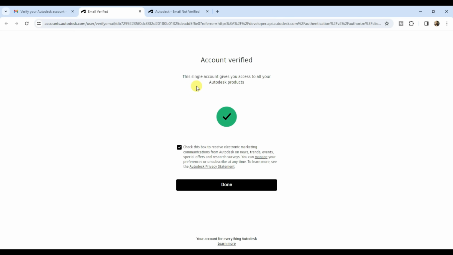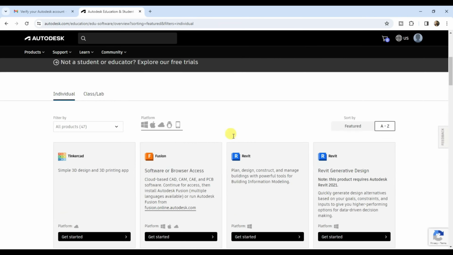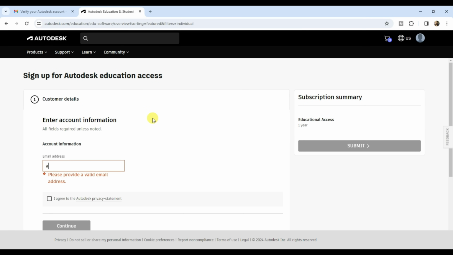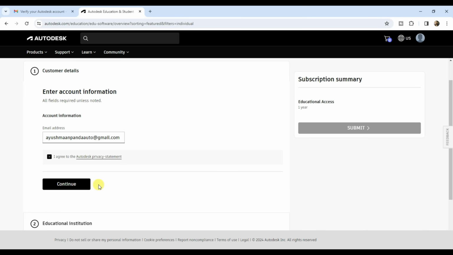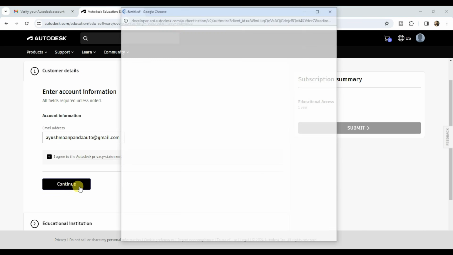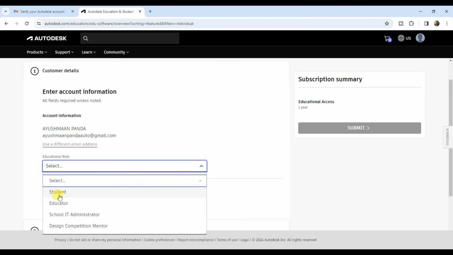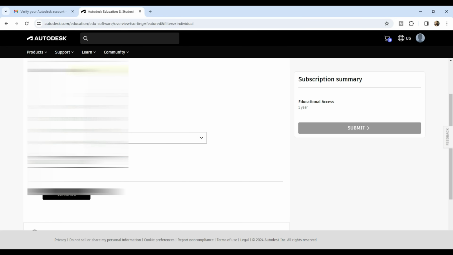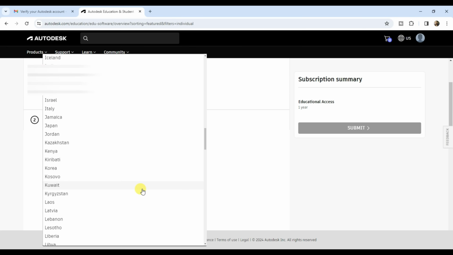So it has been verified, hit done. Now scroll down and click on Get Started under AutoCAD. Fill up your email address, hit I agree and then click on Continue. Select your educational role, input your date of birth, click on Continue. Next select your country,